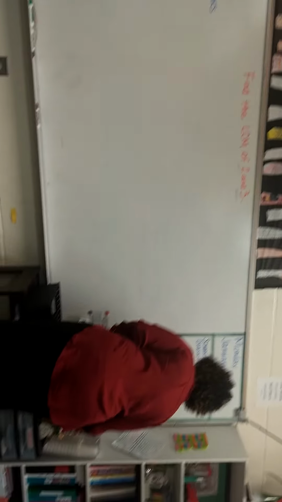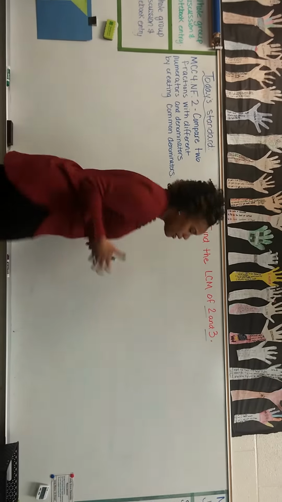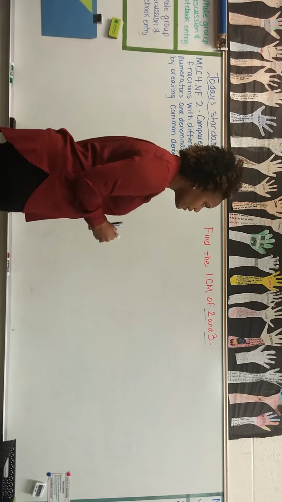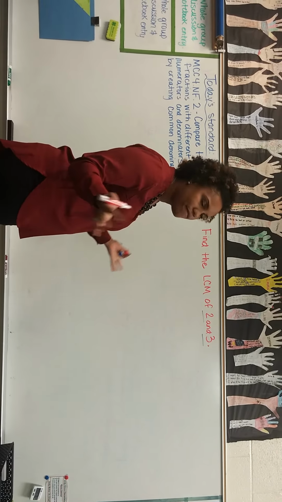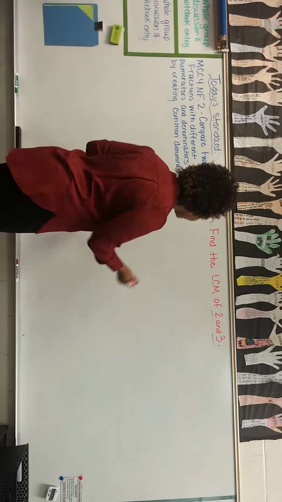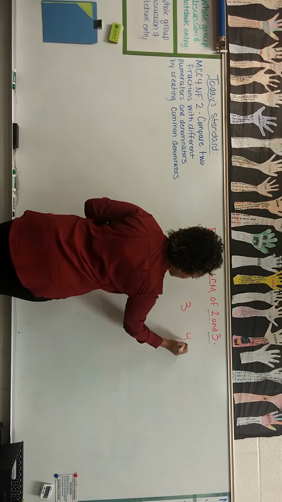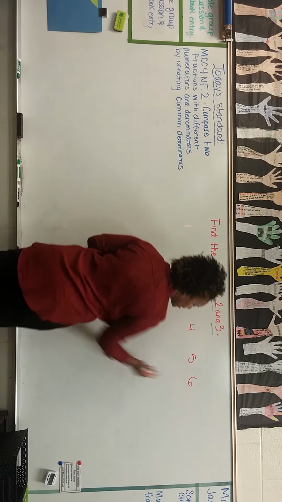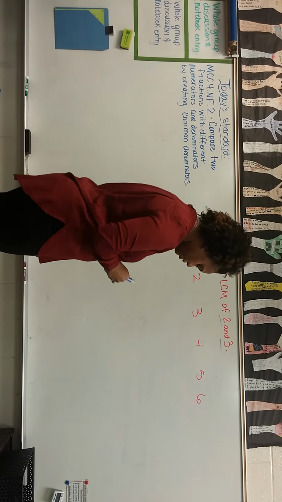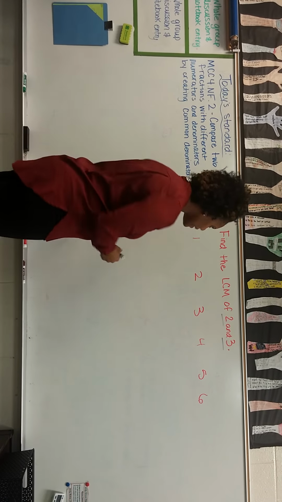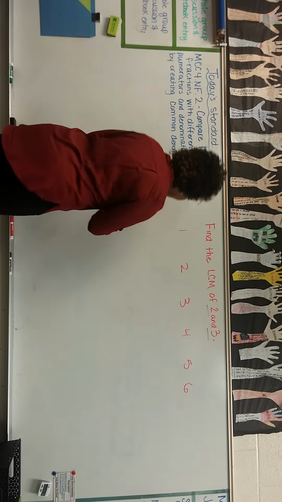Hold on. So again, we start out by writing the multiples. What I like to do is probably about the first 6 or 7. I'll probably do 6. So 1, 2, 3, 4, 5, 6. You don't have to do this if you are pretty good with your multiplication facts. But we're going to do